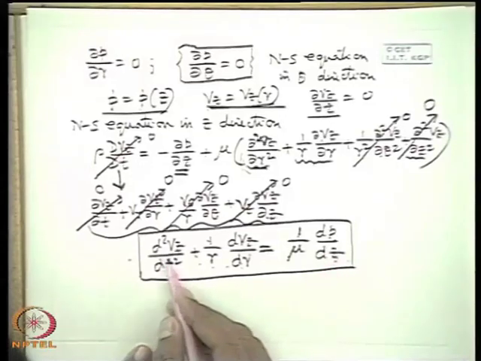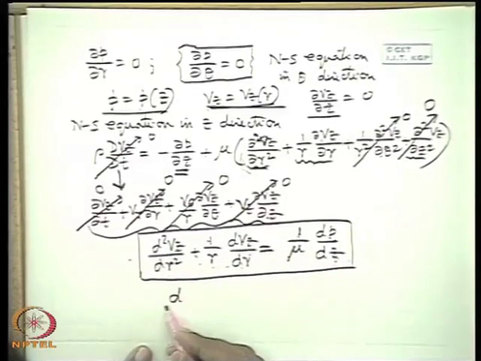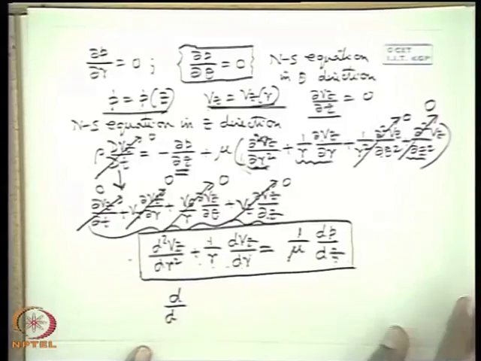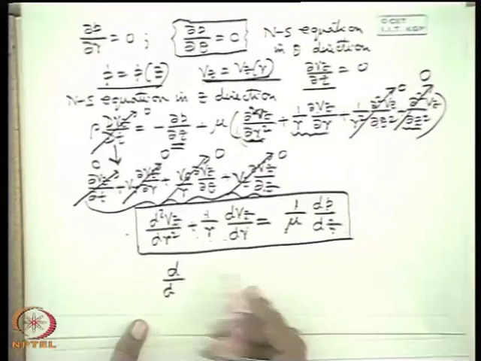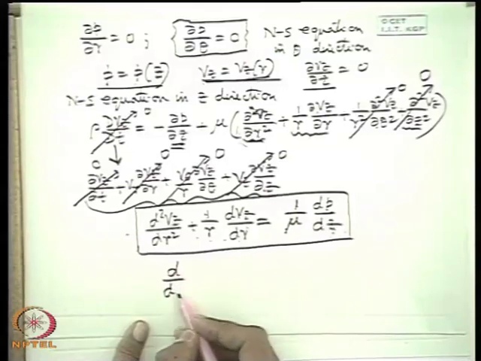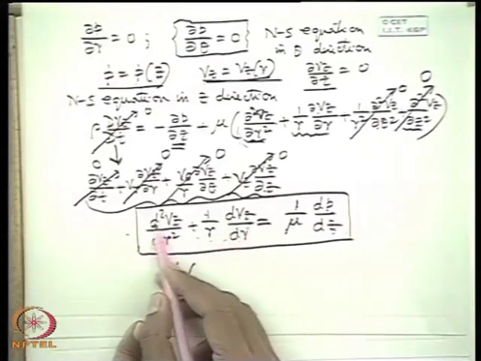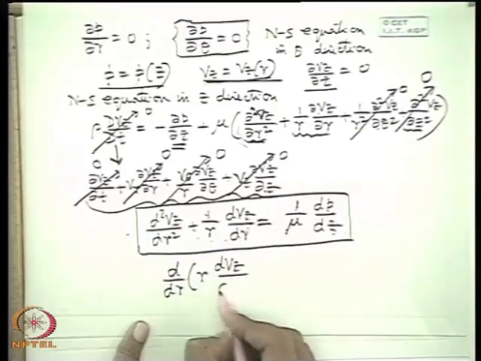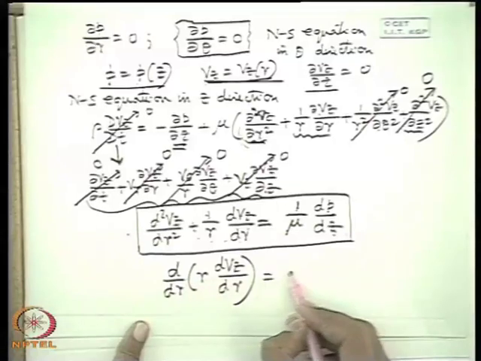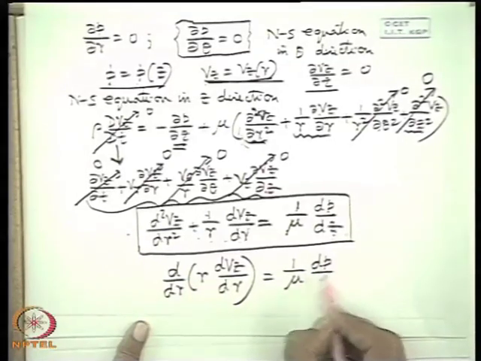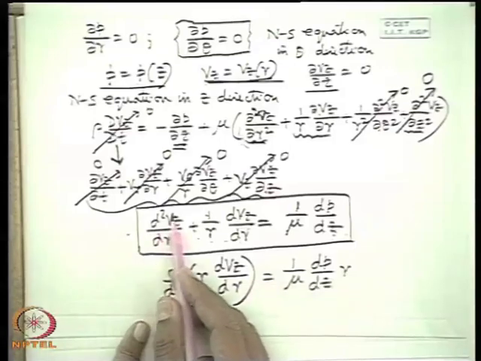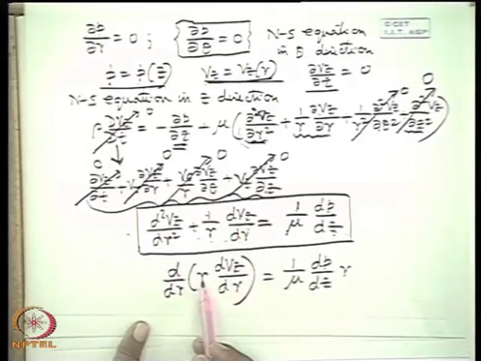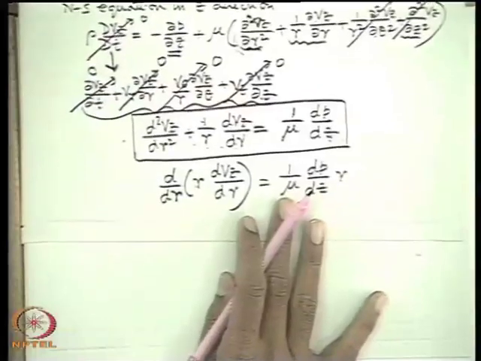Now you just integrate it. How to integrate? You write it in this fashion by multiplying by r. This is a simple calculus differential equation, so there is nothing of fluid mechanics in it. If you multiply by r on both sides, you get r d²Vz/dr² plus dVz/dr, which can be written as d/dr of (r dVz/dr), because the differentiation of r is 1. So I can write the left hand side like this by multiplying with r.